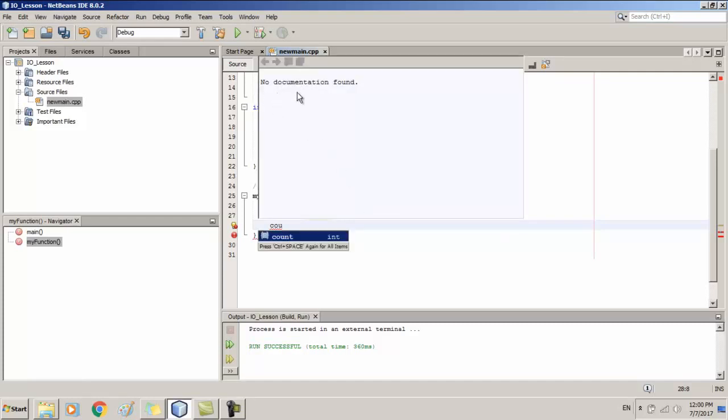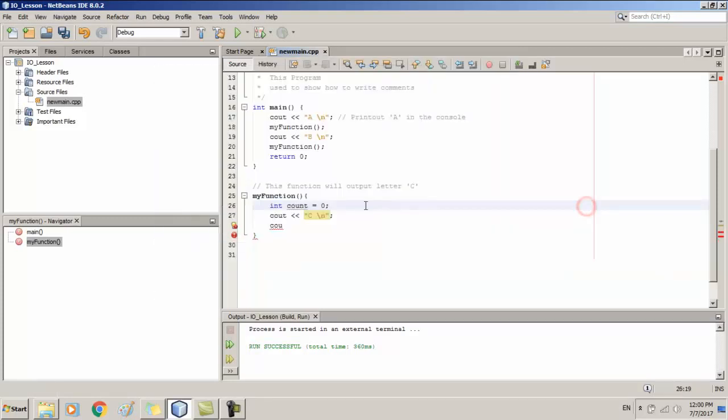Now it says no documentation found because I hadn't written any comment for the variable. I didn't describe what this variable count is. So at the side, I'm going to use a single line comment and say what this variable count is. I say variable for counting.